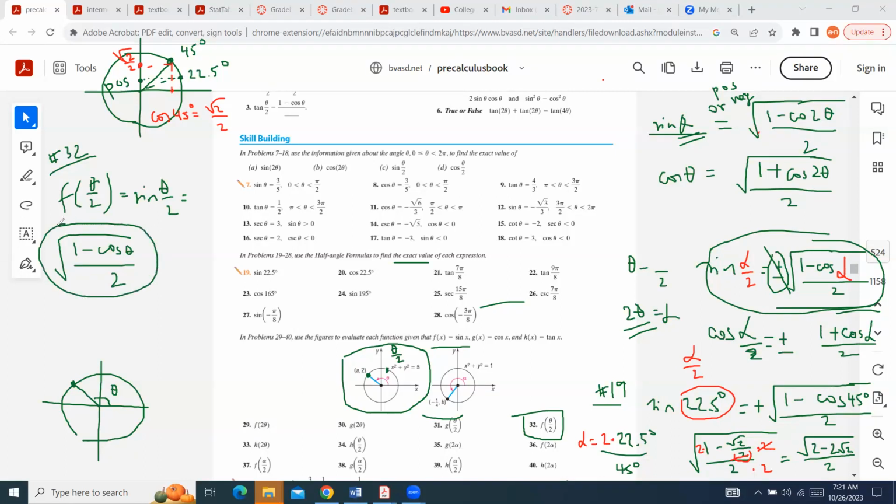So we want to now decide what this minus cosine of theta is. How can I possibly find it? Well, a point on the unit circle has a cosine right there, right? And it's negative. So we're going to need to find this point here, but there is a little bit of a